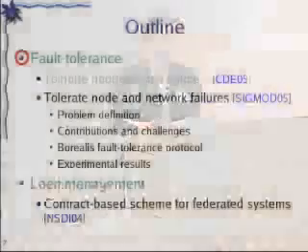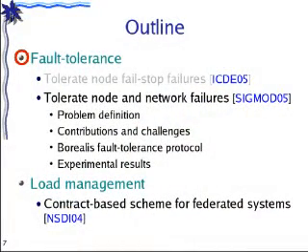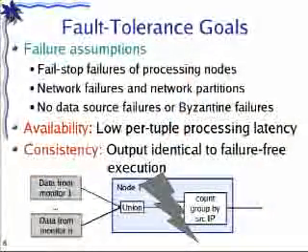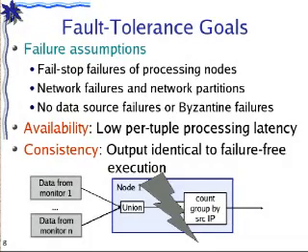There are many challenges that we need to address if we want to build these types of distributed stream processing engines, and in this talk, I'm going to address 2 of them. First, as a distributed system runs, nodes will fail or the network will fail. So how do we protect the system against these types of failures? And second, as the input load varies, the load imposed on the system is going to vary. So how should we handle these load variations? Let me start with fault tolerance, where I'm going to first define the problem and indicate our contributions and challenges. I will then describe our fault tolerance protocol and show you some experimental results.